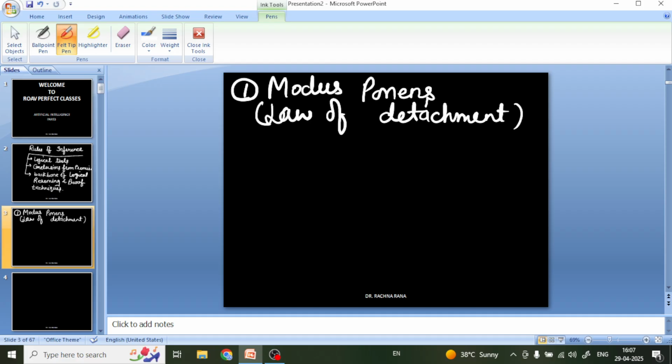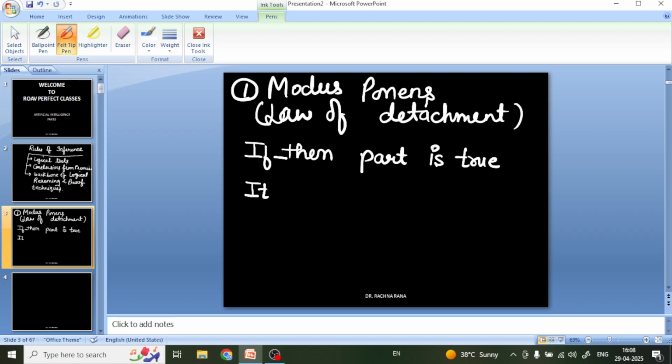If a conditional statement is true and its if part is true,